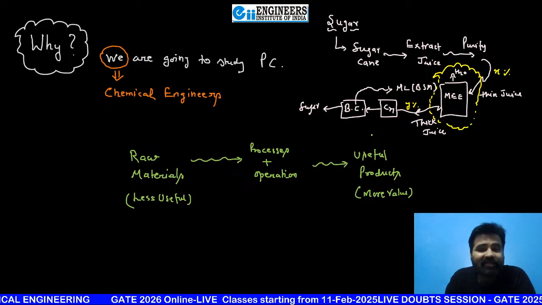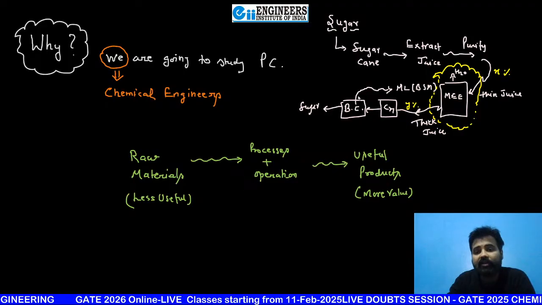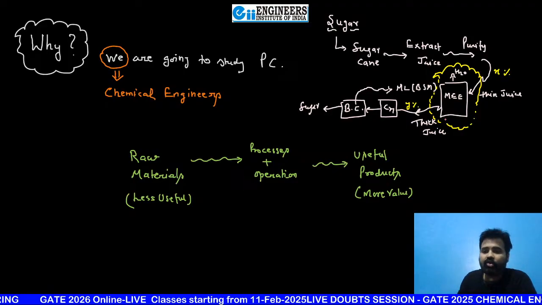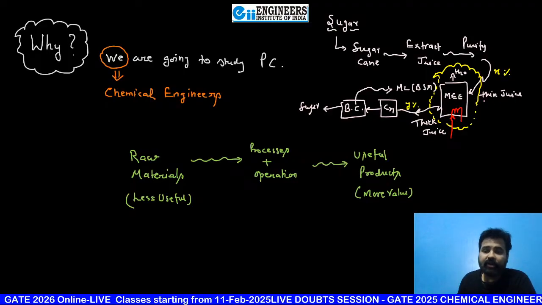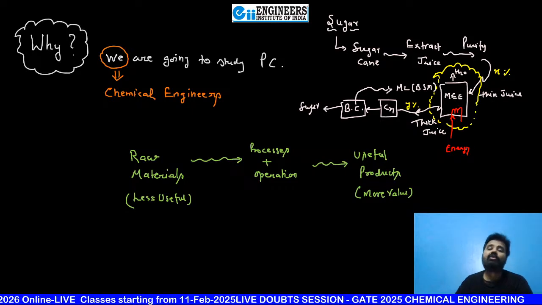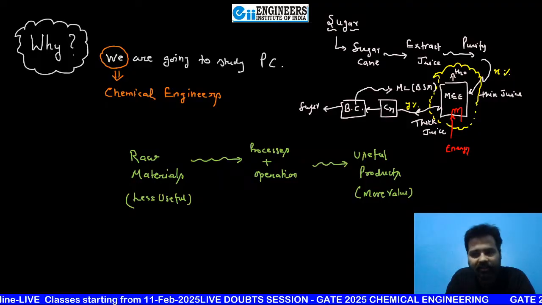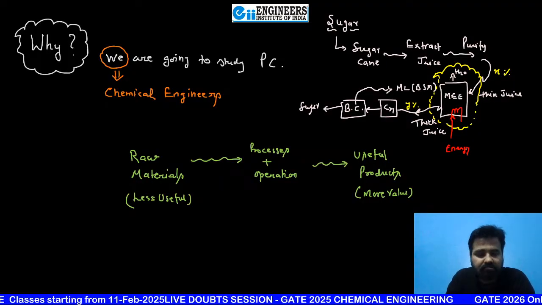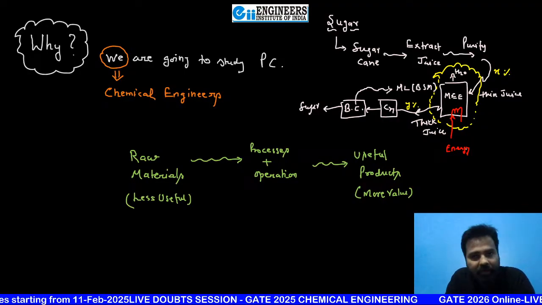You don't know balances. Definitely, you are going to supply steam in order to thicken it, energy from outside. Suppose you don't know balances and you are supplying less energy, what will happen? You will get concentration less than y. Why? Because less vapor is vaporized there. Operation failed. If I'm giving more, again operation failed.